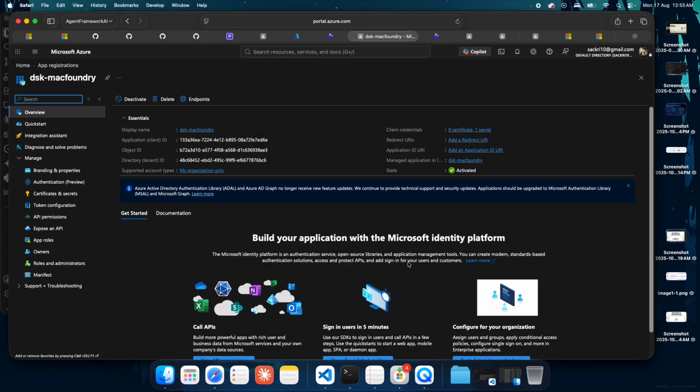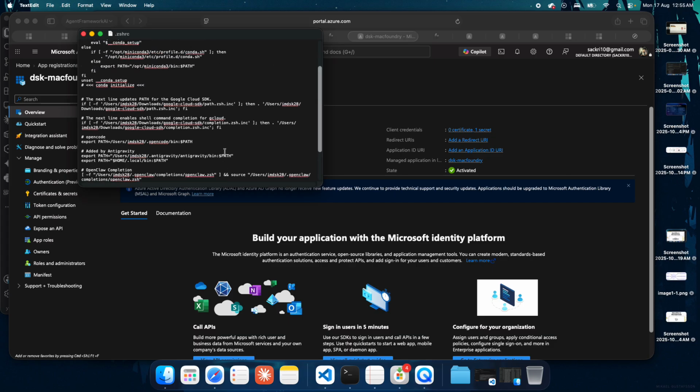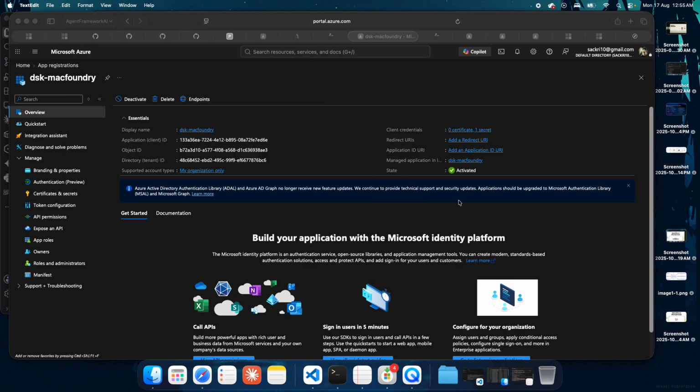These three details are required for us to add into the environment variables whenever Azure is using its default credentials. I've added all my details in a shrc file. You can see I have added all the client IDs and secret and everything here, and I have the project ID and everything created here. I also added the Foundry project endpoint and Foundry model here.